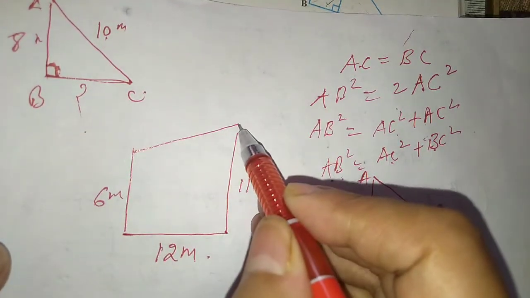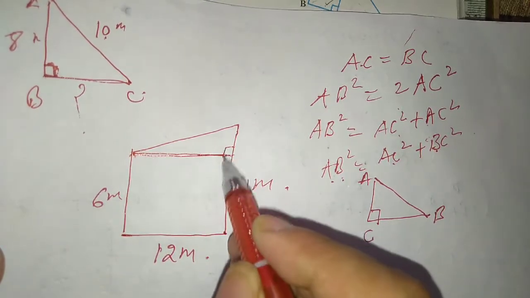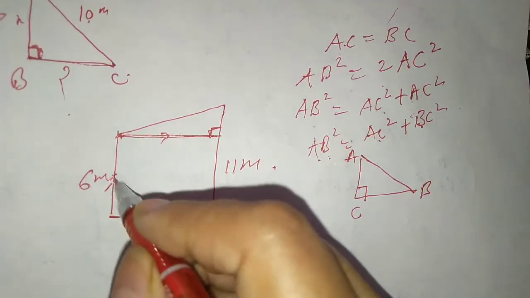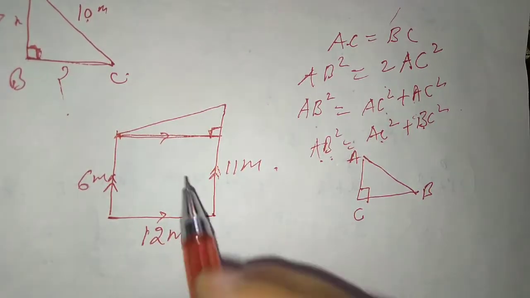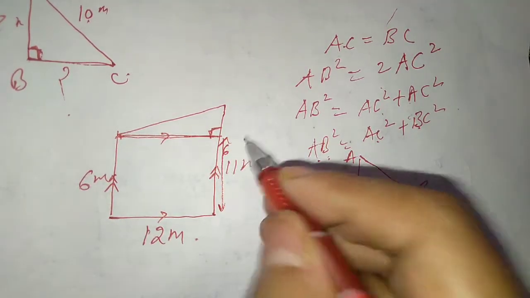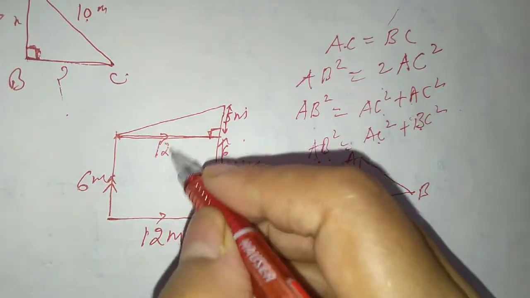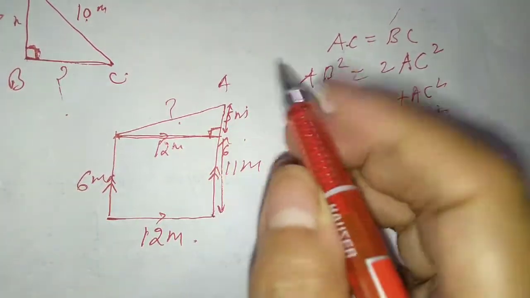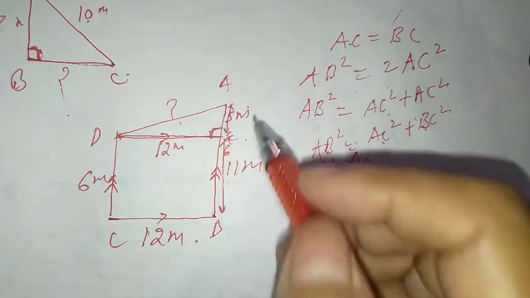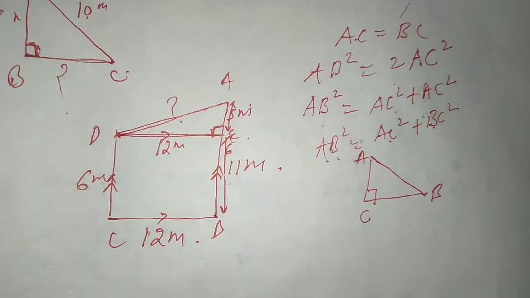So here we will join both tops, and here we have drawn a perpendicular. This is the perpendicular and these two sides are parallel and these two sides are parallel. So this is 6 meter here up to like this, 6 meter, and this will remain 5 meter and this will be 12 meter. Now in triangle AED we can apply the Pythagoras theorem and can find AD here. So like this you can do.